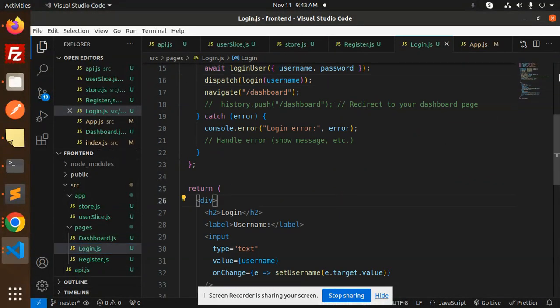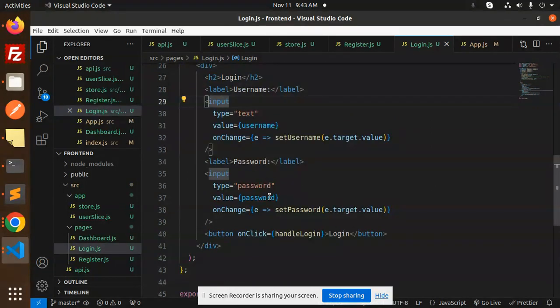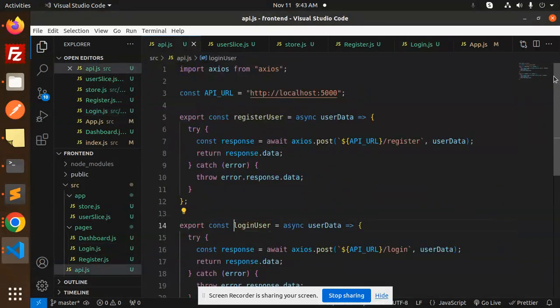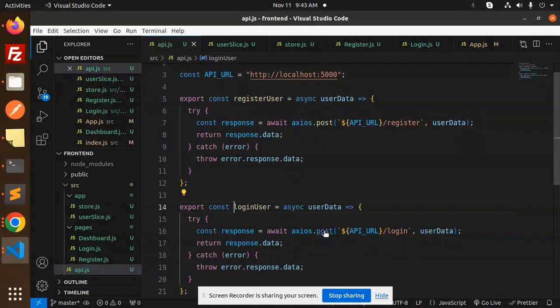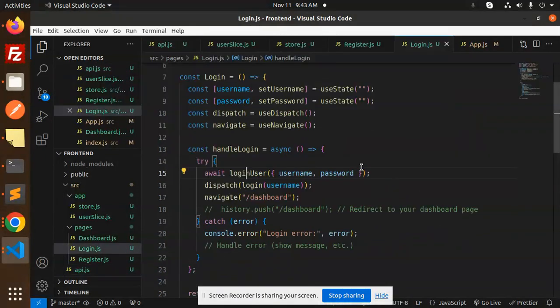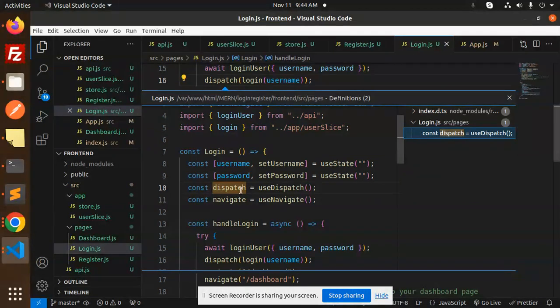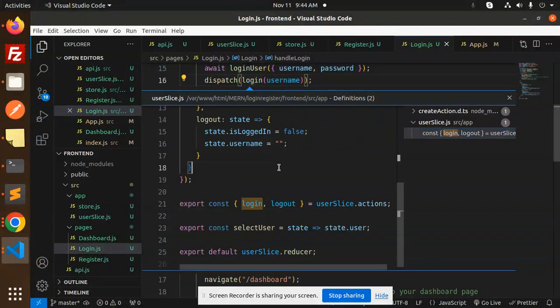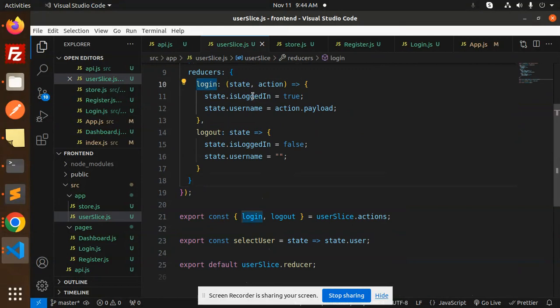Let's go with the login section. Same as registration, we have the username and the password. And here we are calling the login user API. We are calling the Axios post API URL login, and we are sending the user data. User data contains the username and the password. Then we are dispatching the login. Once it's logged in, we dispatch the login over here, and